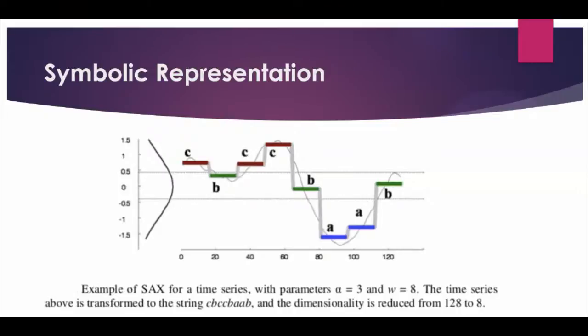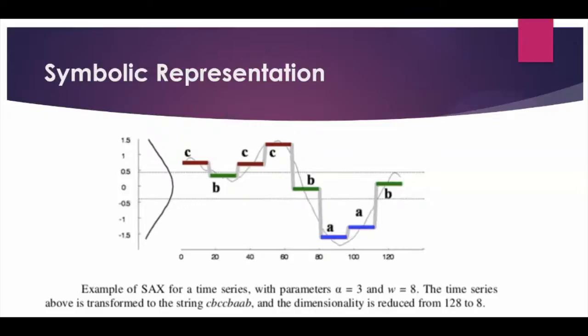They suggested that instead of taking only the average value, we should take the minimum and maximum also in each and every block. So instead of representing a block with only one symbol, we should have three symbols to represent a particular block. Along with the average, for every block we use the min, average, and max, so three values, and this will be extended. That is known as the extended symbolic aggregation method. Okay.